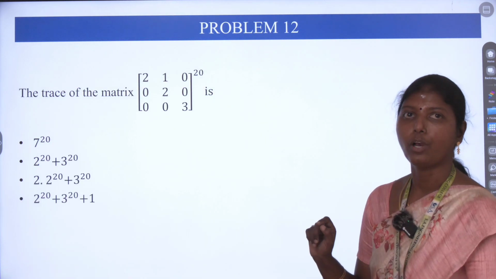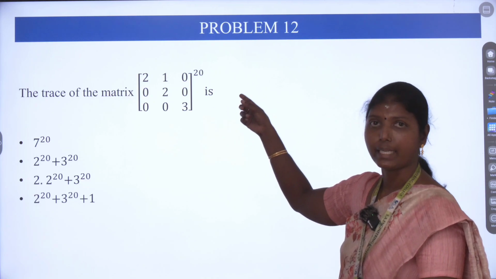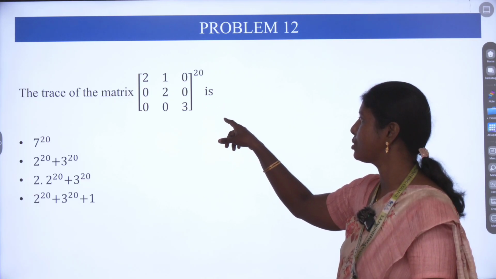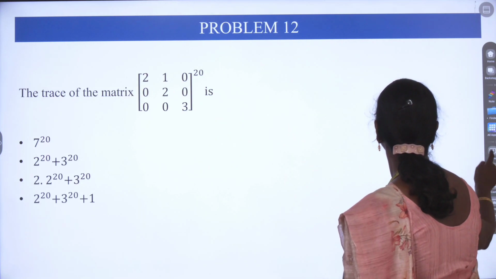So next is the 12th problem. The trace of the matrix given is raised to the power 20, that is the matrix 2 1 0, 0 2 0, 0 0 3. So power 20 is given. So first